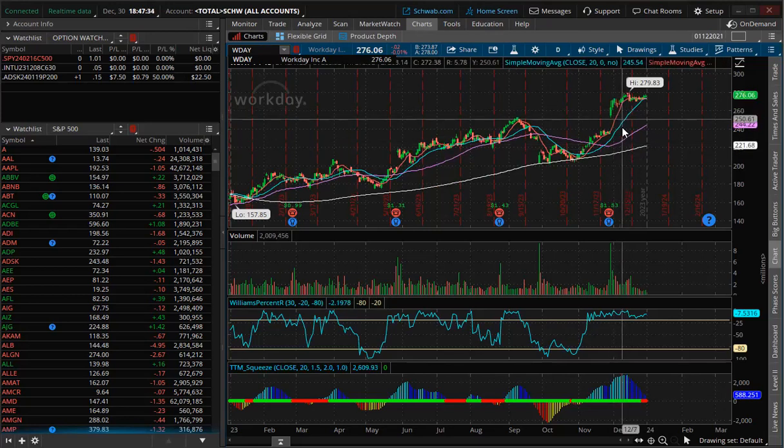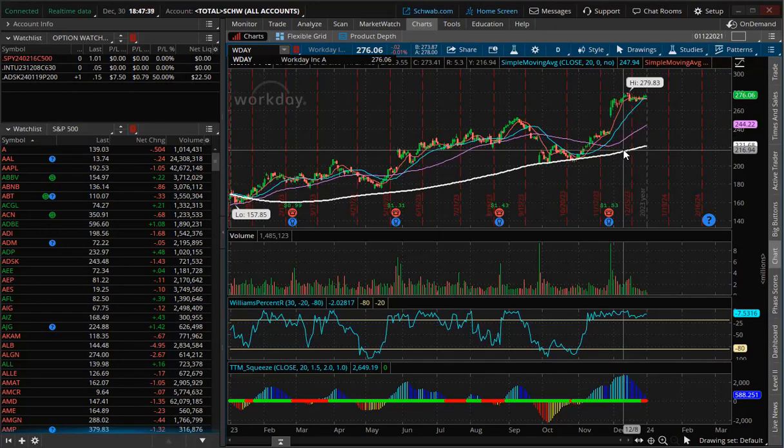The 8, the 20, and the 200 are the three major simple moving averages that Oliver Velez uses in his scalping